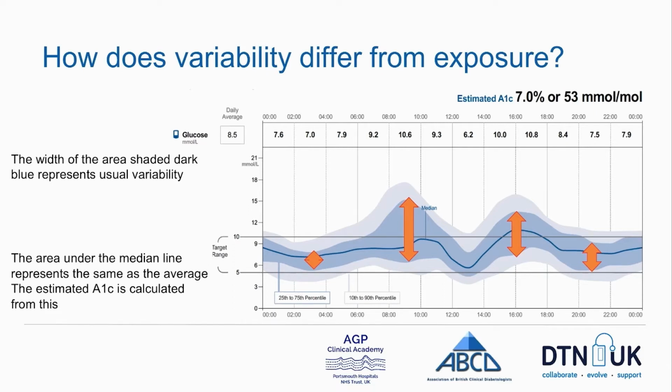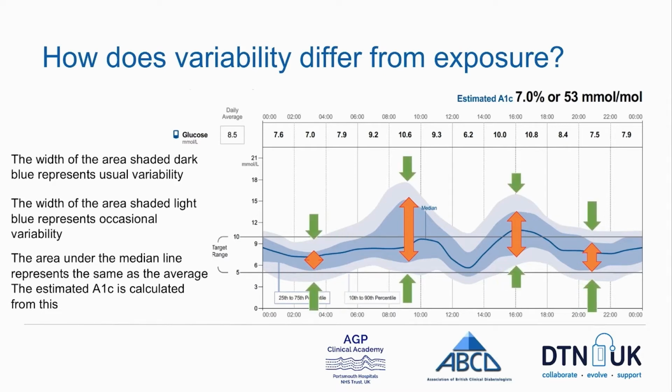But of course, we also can see a much wider pattern of variability, which relates to the 80% experience, and if you like, the difference between those two being what usually happens at a given time of day versus what sometimes happens at that time of day. And determining the difference between those two things is an important part in us trying to address them for the future.